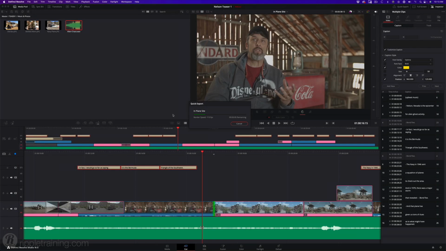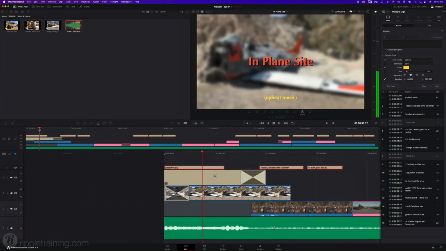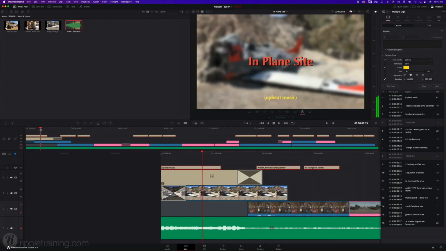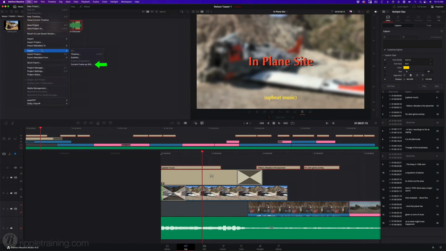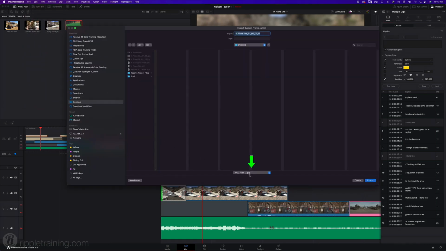Additionally, you can export a still frame from the video directly under the playhead. I'll move over to the main title because I want to use that frame as a YouTube thumbnail. From the File menu, choose Export. Current frame is still. Choose the image format at the bottom of the window,